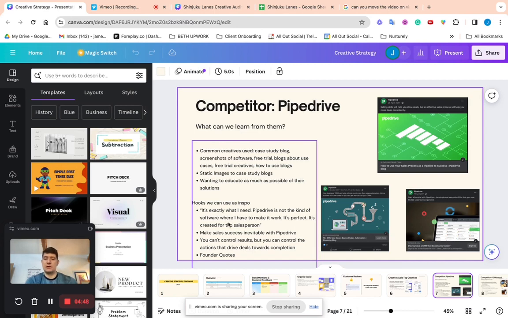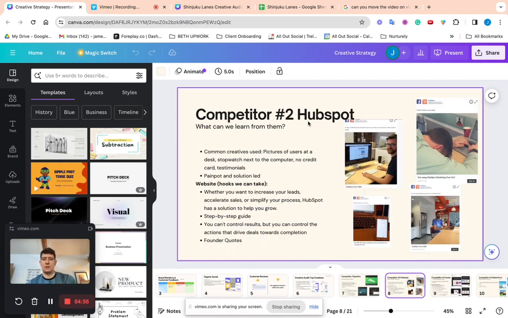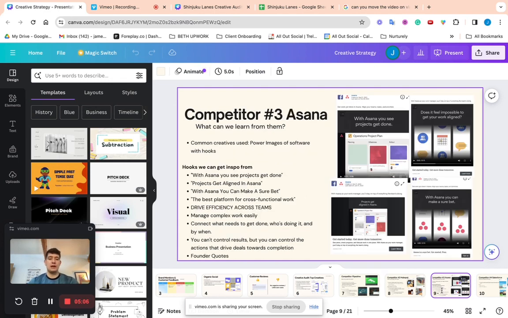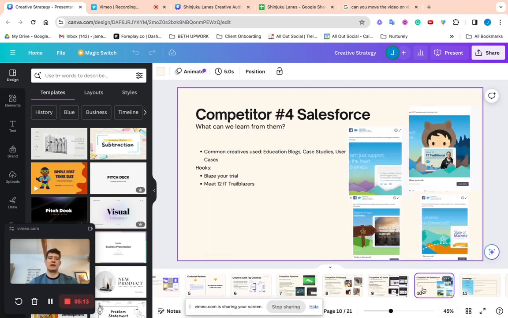So that was a testimonial hook and some other captions. So yeah, that's exactly what we want to look in. And we do this for a wide range of competitors. They would use more authentic, user generated content, statics. So this is what we try to emulate as well. And looking at 4 or 5 different competitors, it's just going to give you a really good